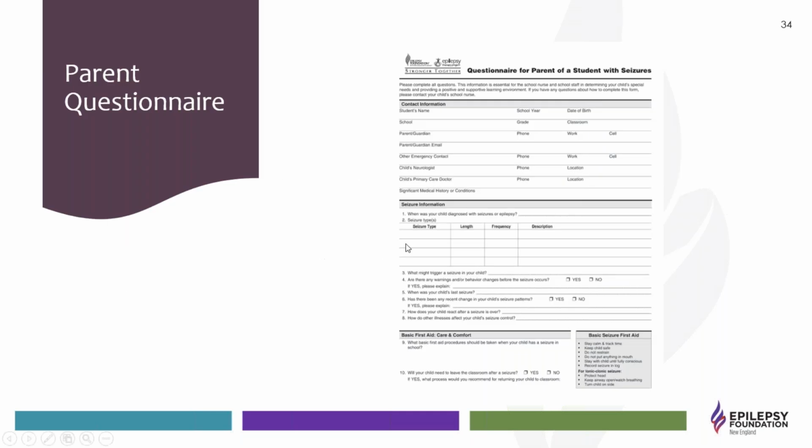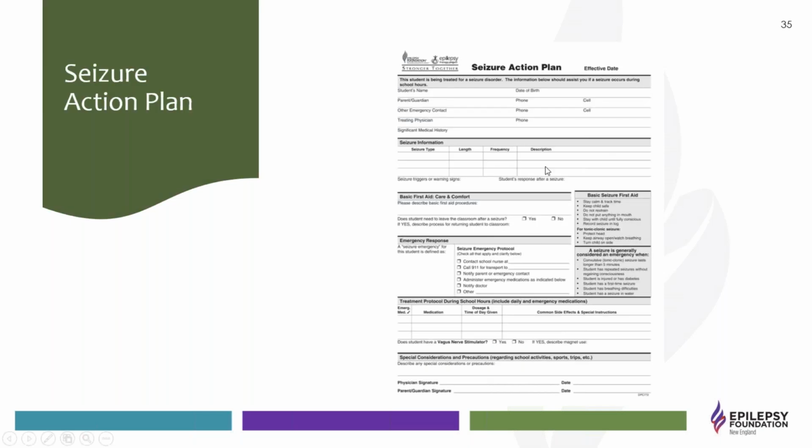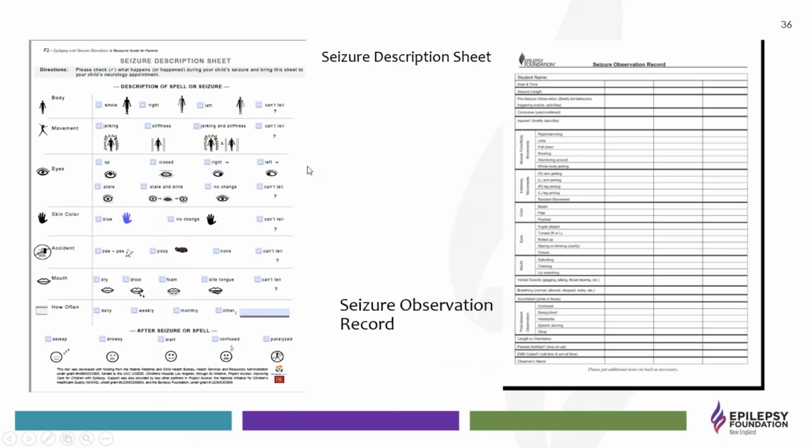Okay, so these are some of the resources that I have available to send to people if you want. This is a sheet for parents so that they can organize the information about their child with epilepsy so that they understand what to give the school, just to make it a little easier. This is our template for a seizure action plan. This will be signed off by the prescribing neurologist, and it should be very specific, the type of seizure, particularly for the emergency response. And then these are for seizure tracking tools.